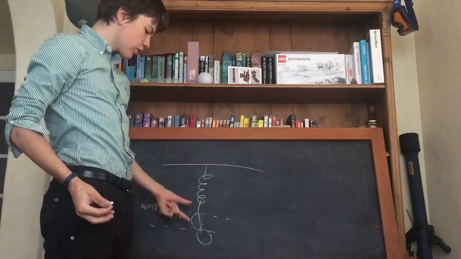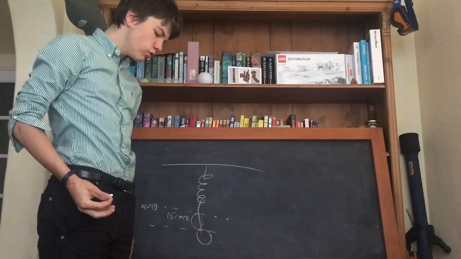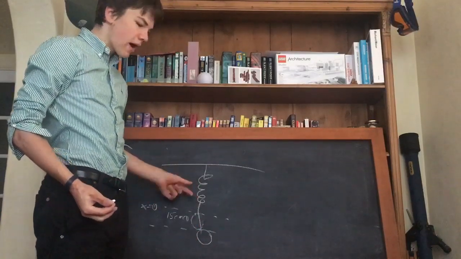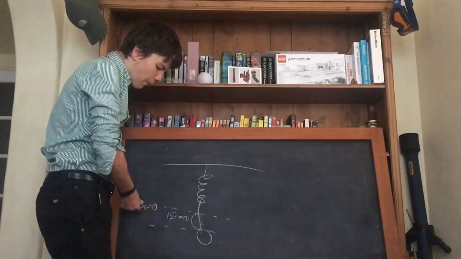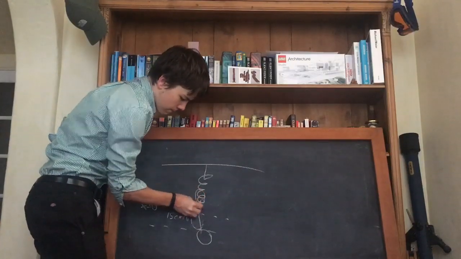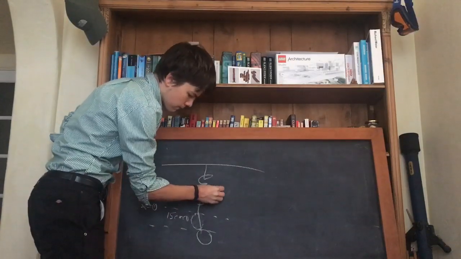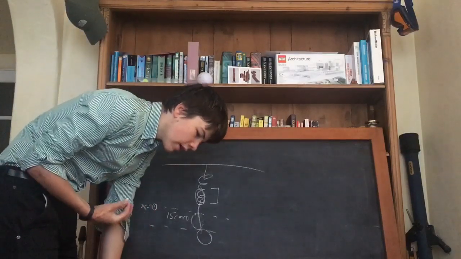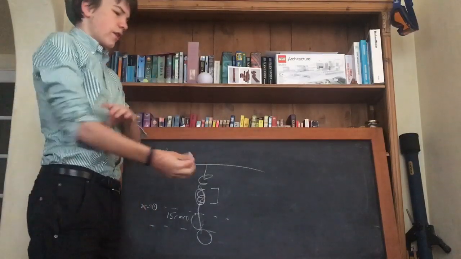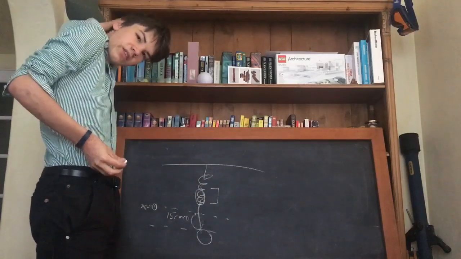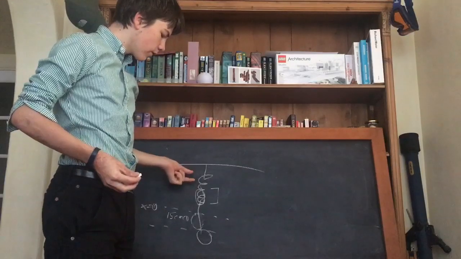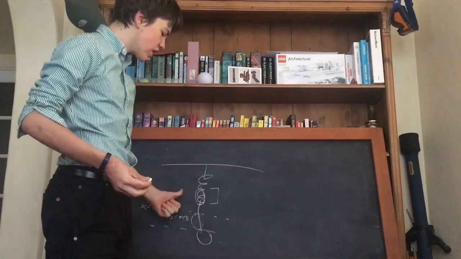We know, a given, that the period is 2 seconds. So at 1 second, it would be up here at its max, 15 centimeters above the reference point. So somewhere around here. All right, so what would be its acceleration? Acceleration is the change in velocity. We know that the velocity at this point is 0. But since it's changing